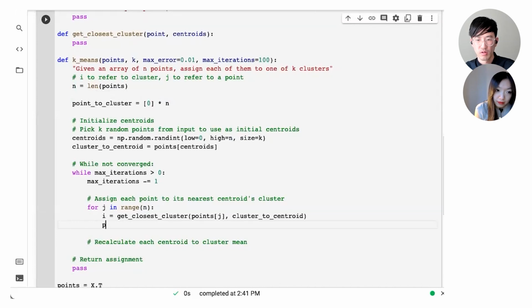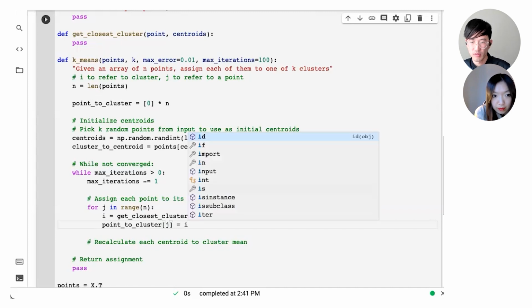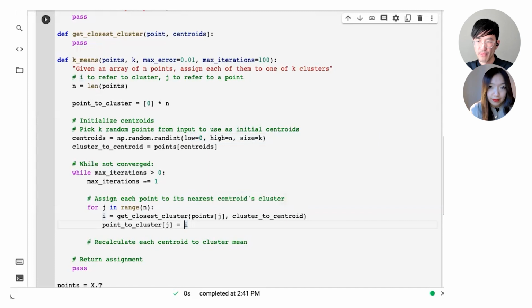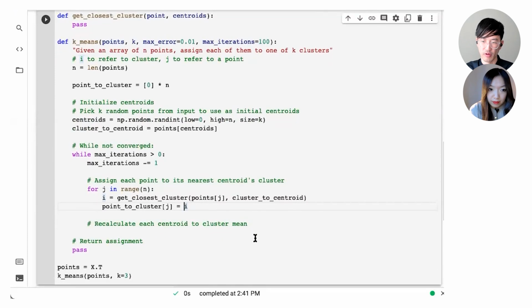So now I want to update this. The jth point should be assigned to cluster I. I need another data structure for the next step. So the second step in Lloyd's algorithm is